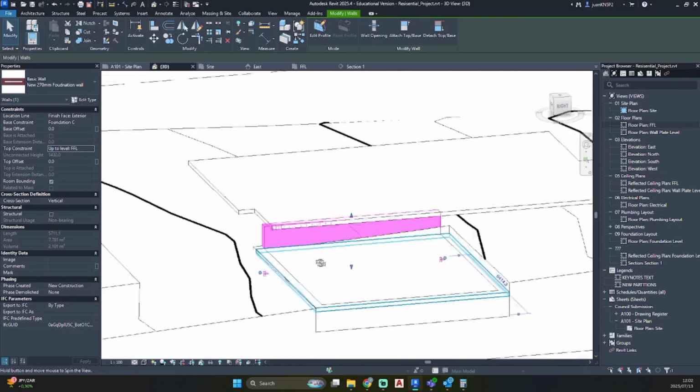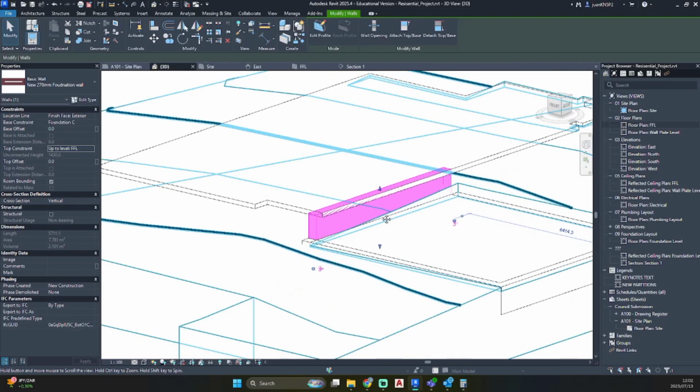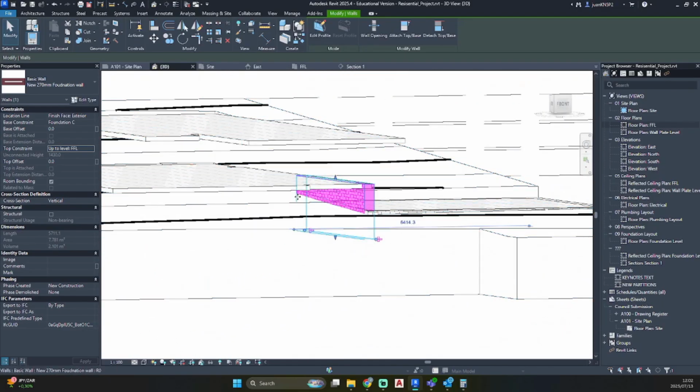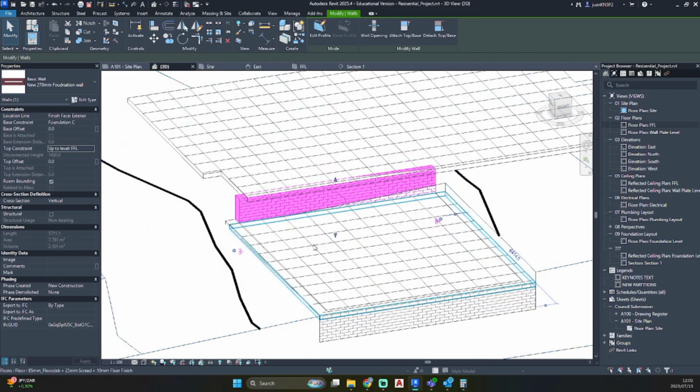And as you can see that this wall is now, the unconnected height is 1430 millimeters. So this needs to be a retaining wall because it's over a meter, 1 meter. Because this will be filled up once construction starts, this space will be filled up, and this additional load on that wall.